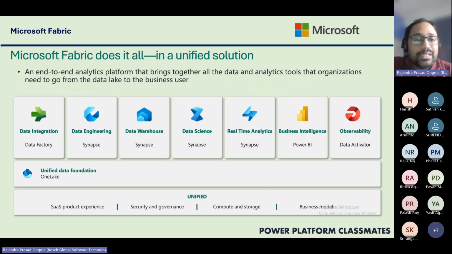And for data science related projects, like machine learning programming or IoT related projects, we can use data science, which is one separate persona within Microsoft Fabric. Previously we called it real-time analytics. Now the name has been changed in the 2024 build to real-time intelligence, where if you are working on sensor-related or real-time analytics data, we can make use of another separate tool, real-time intelligence. These are all combined with business intelligence also available,